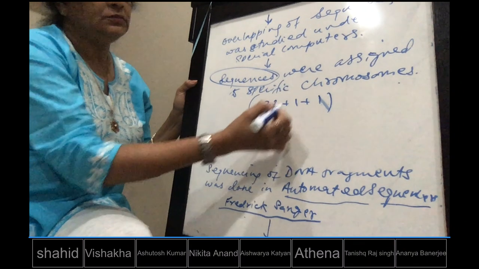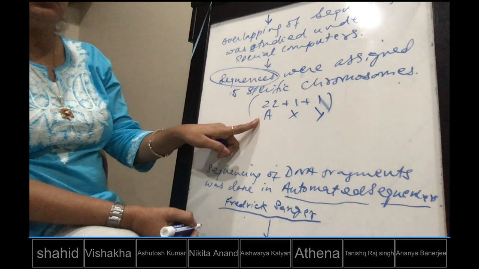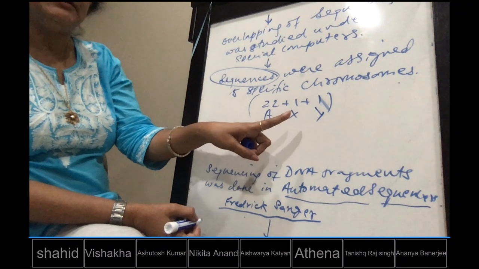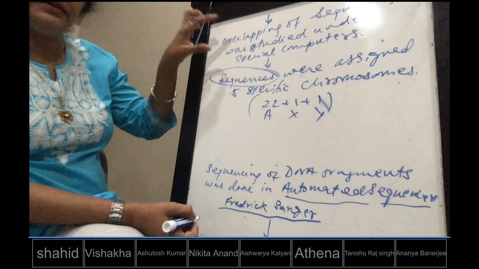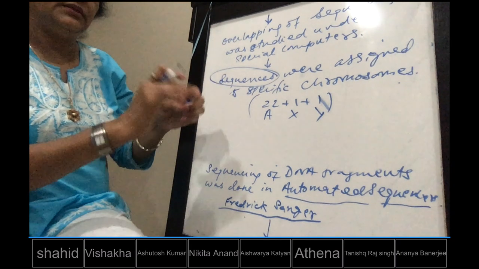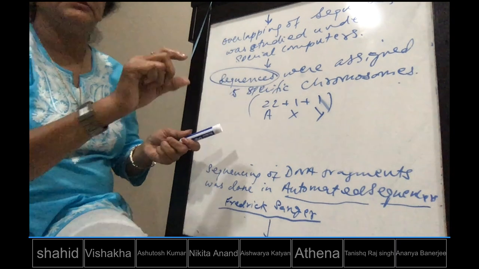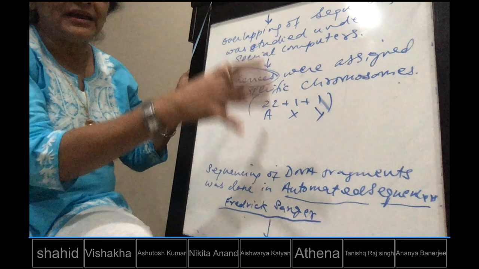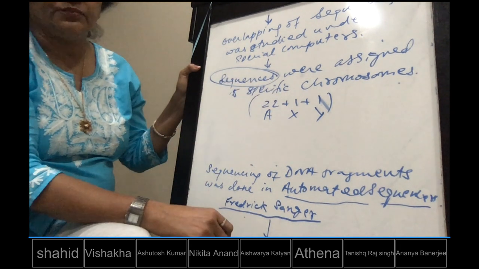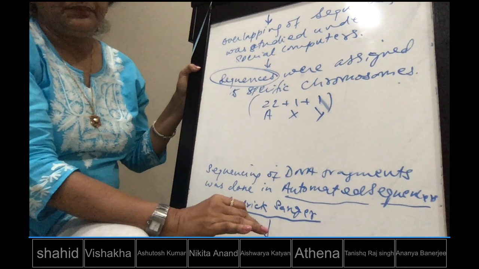22 were autosomes, one is the X chromosome, another is the Y chromosome. So 22 autosomes, X chromosome and Y chromosome. These were the 24 chromosomes which were studied. So the sequencing was done, and after that the overlapping was studied properly, then we can say that this is the sequence in the first chromosome, this is the sequence in the second chromosome. Like this, it was assigned, annotated to the particular specific chromosome. So that's why the whole term is called sequence annotation.